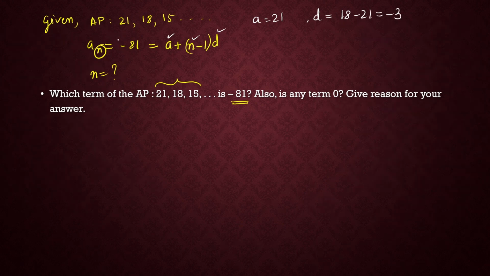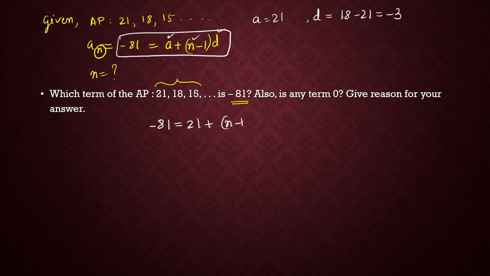So substitute this equation. That is minus 81 is equal to a value is 21 plus (n minus 1) into d value is minus 3. Solve this equation, you will get the value of the term. Which term? The value of n. You will get the value of n. So if I solve this,